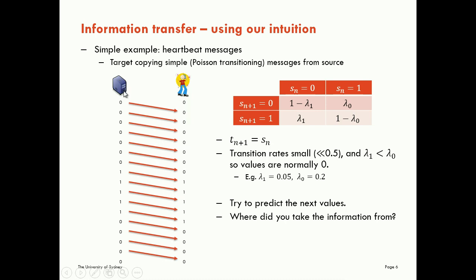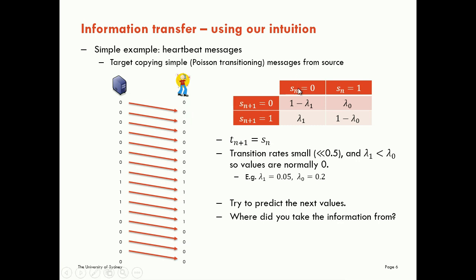So all that's happening here is our target is simply copying the source, and the source is undergoing a very simple Poisson transitioning process. It'll be in its state of zeros or ones, whichever it is, for a long time before it switches and then stays in there for a significant time as well. We can write this down